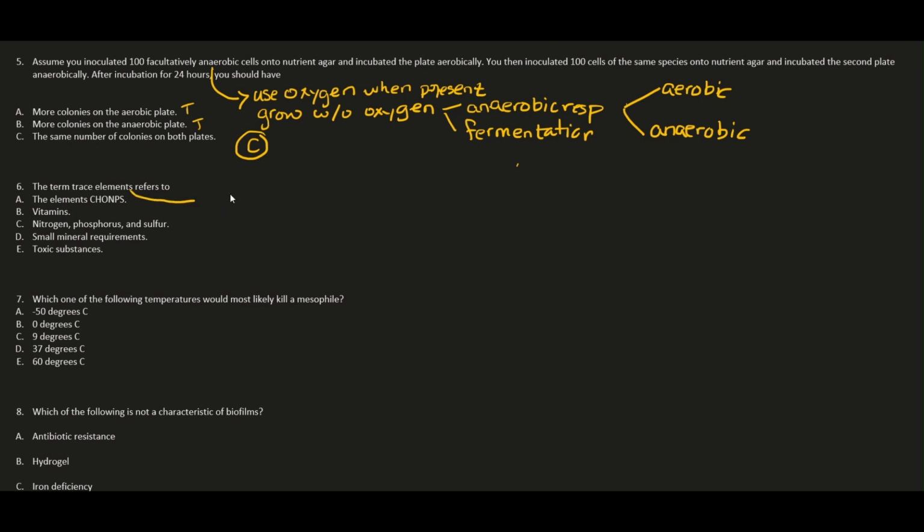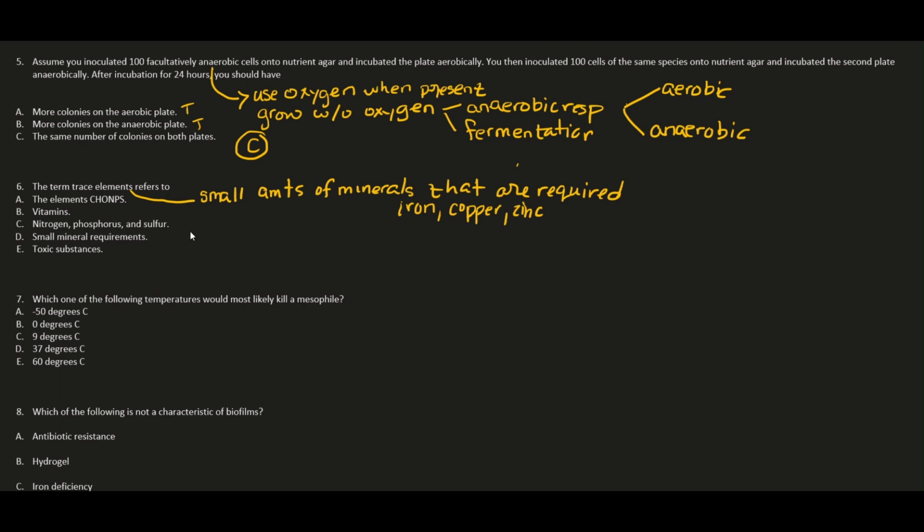Well, trace elements are small amounts of minerals that are required, such as iron, copper, and zinc. I'll give you some examples. Iron, copper, and zinc. So now that we know the definition of what trace elements are and we have some examples,